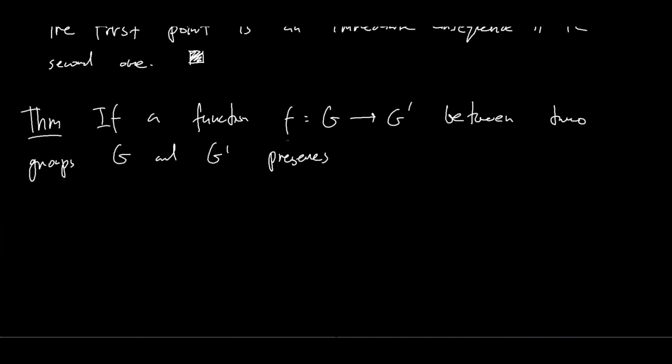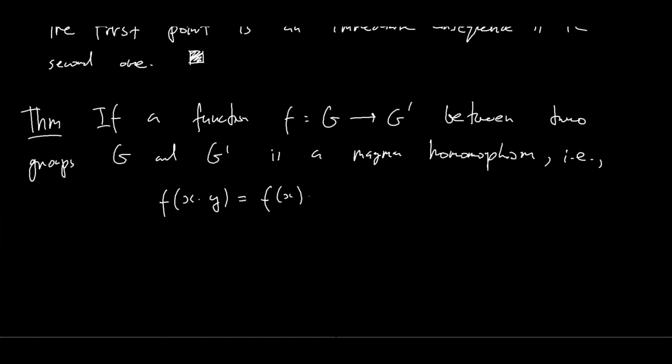So if a function f between two groups, G and G prime, is a magma homomorphism, in other words, this means that f of x times y equals f of x times f of y for all x, y,